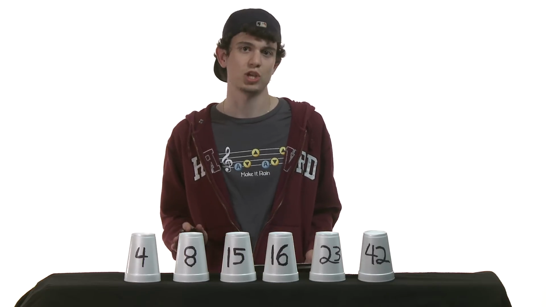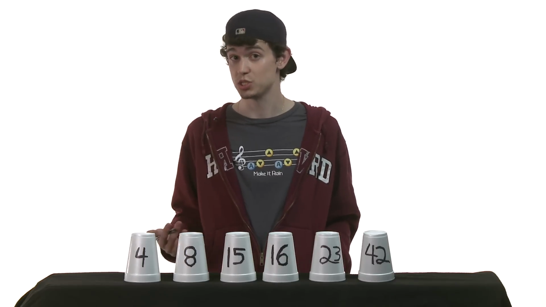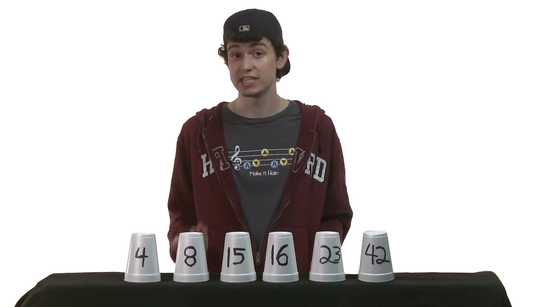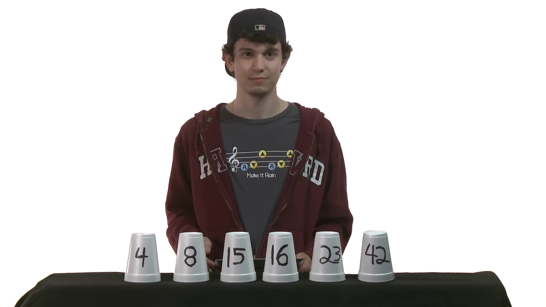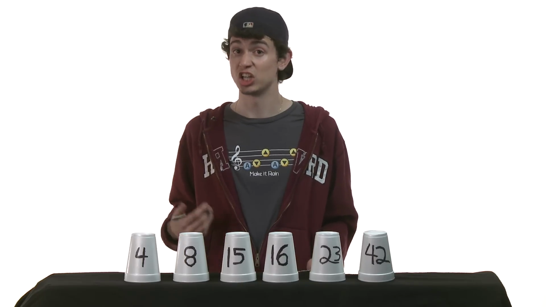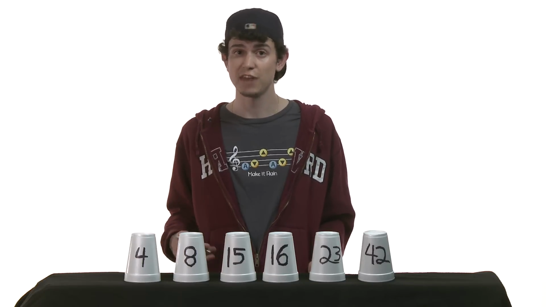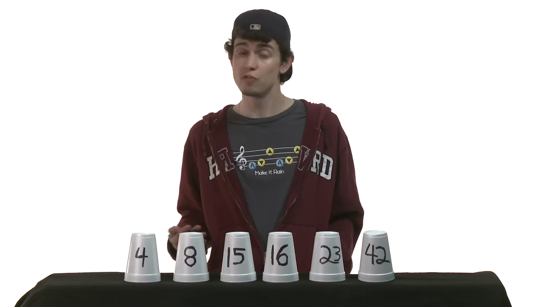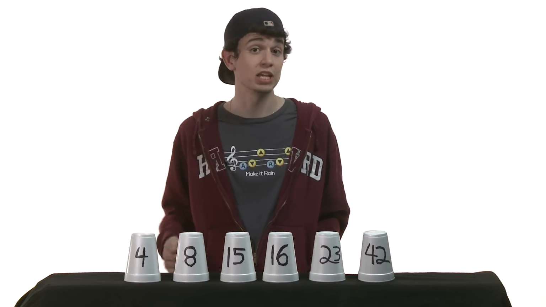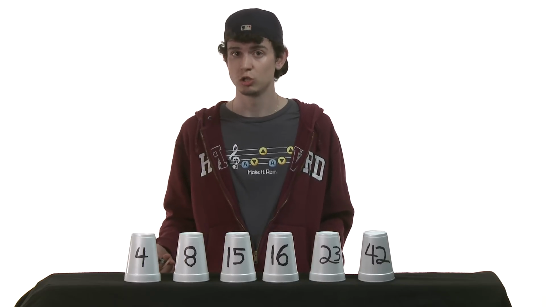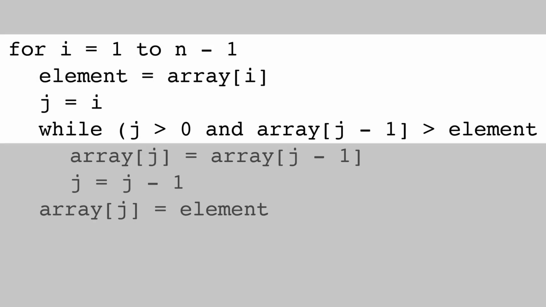We'll first ask the question, how long does it take for this algorithm to run in the worst case? Recall that we represent this running time with big O notation. In order to sort our list, we had to iterate over the elements in the unsorted portion, and for each of those elements, potentially over all elements in the sorted portion. Intuitively, this sounds like an O of n squared operation. Looking at our pseudocode, we have a loop nested inside another loop, which indeed sounds like an O of n